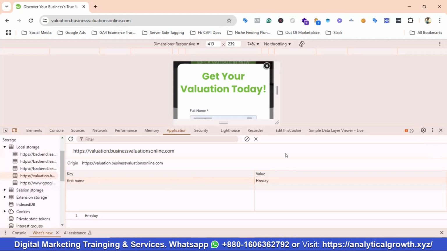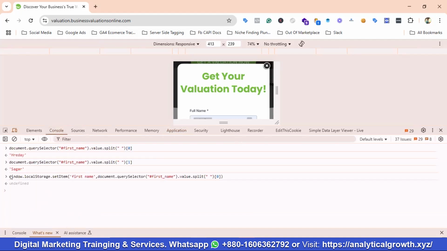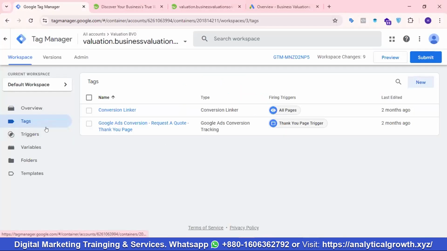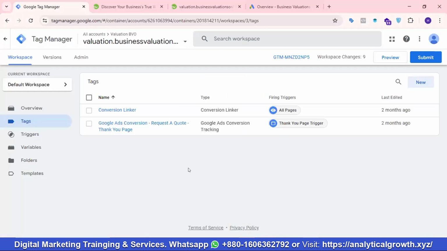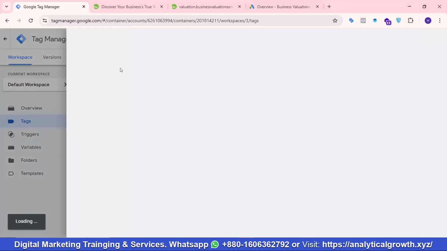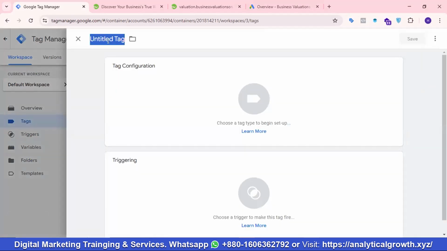Okay, so for retrieving the data, what I need to do is copy it. So I'm gonna copy it and I'll go to the tag section of my Google Tag Manager. Because I have stored the data over here, but if I delete everything from the console section, then the data would be gone. So we need to store it permanently. So for storing the data permanently, we are going to be creating a tag. Okay, so I'm going to click on new